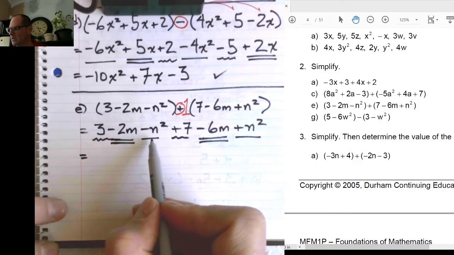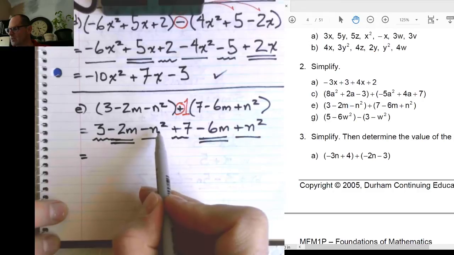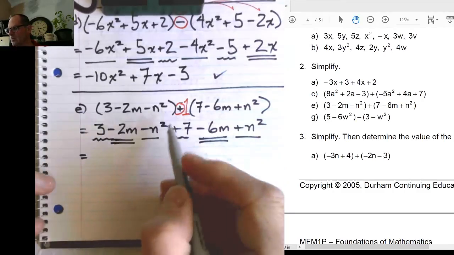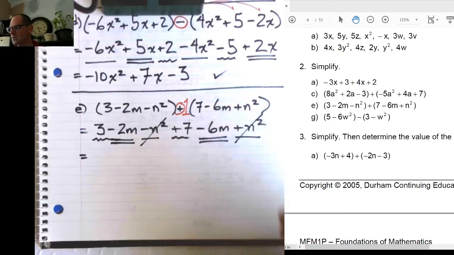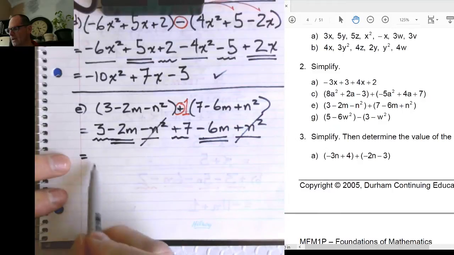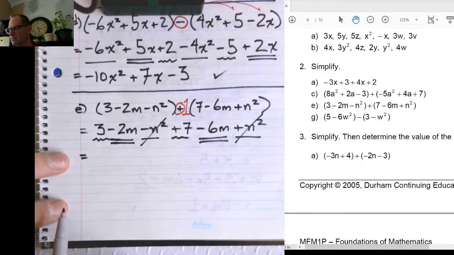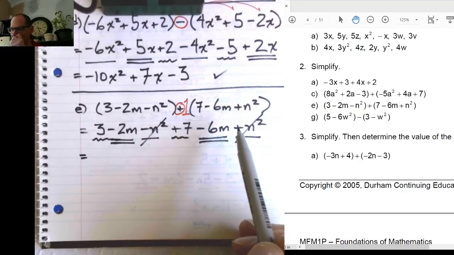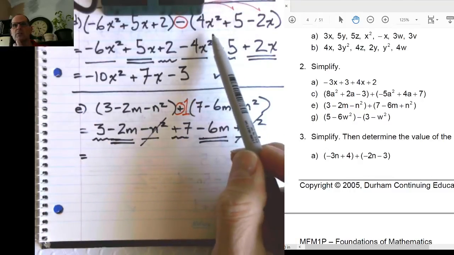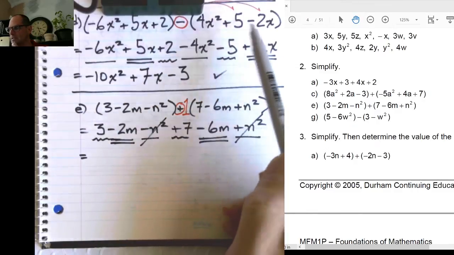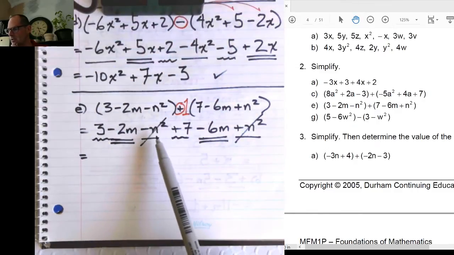This is interesting because what we have here is negative n squared and positive n squared, and negative 1 plus 1, that just canceled out. So really these two terms disappear when we combine them together, so I won't have an n squared term in my final answer. So even though I have three different terms in both of these brackets, just like in the previous questions, where there were three terms and our final answer ended up being three terms because there were three unique types of terms, in this case one of my types of terms just completely